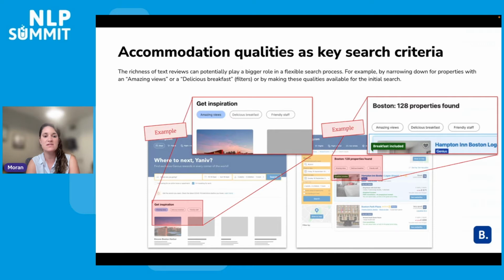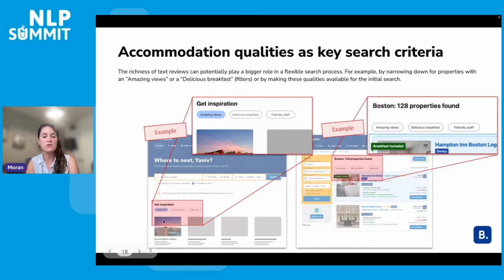So this is an example of how we can use text to topic in Booking. As you can see here, the user can see their search results for properties, and here you can see some destination recommendations in Booking, and above you can see some topics, and the user can get recommendations based on this topic. So I want to look for a destination with amazing views.